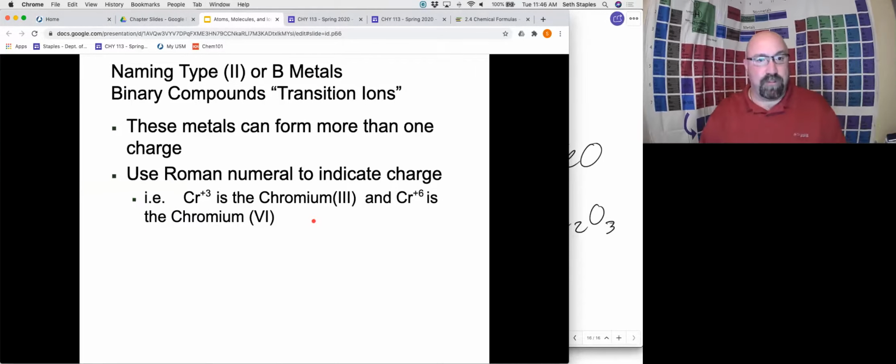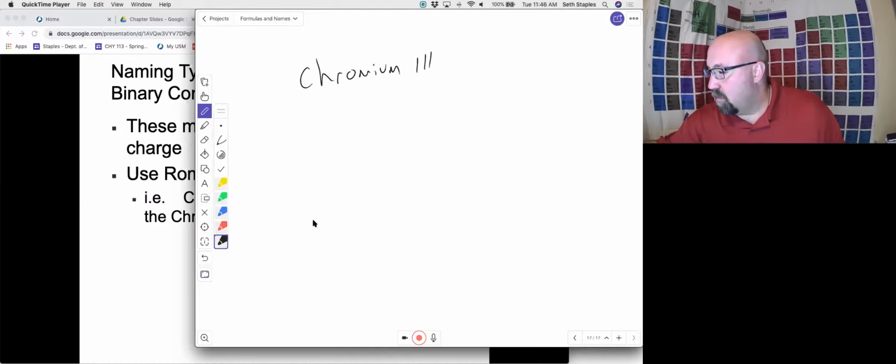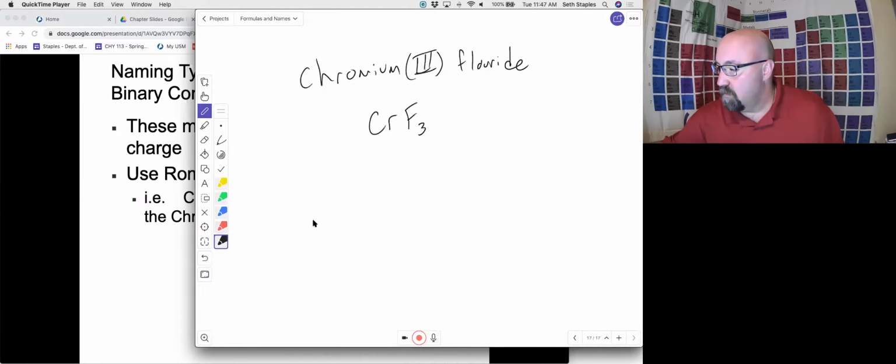So an example here, we're working with chromium, either chromium 3, telling us it's a 3+ charge, or chromium 6 with a 6+ charge. Same exact idea. And so we might have maybe chromium 3 fluoride. And so our formula would end up, so it's chromium with a 3 plus and fluoride with a 1 minus. We would have CrF3,